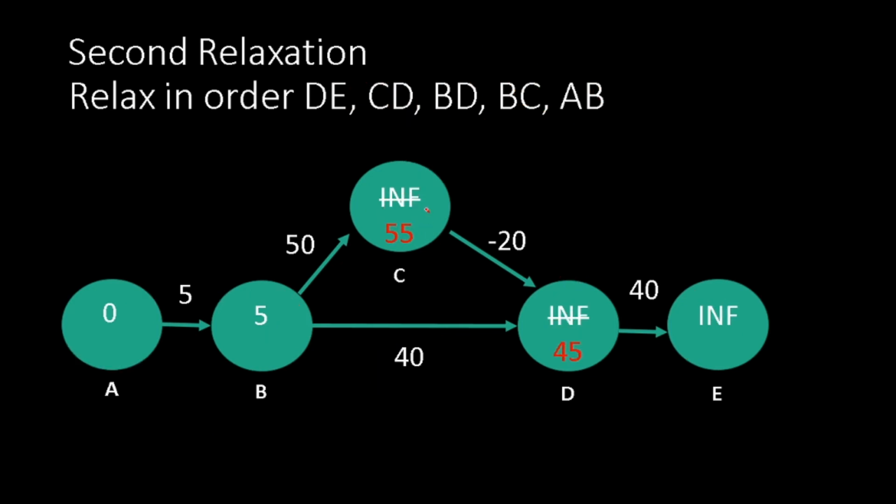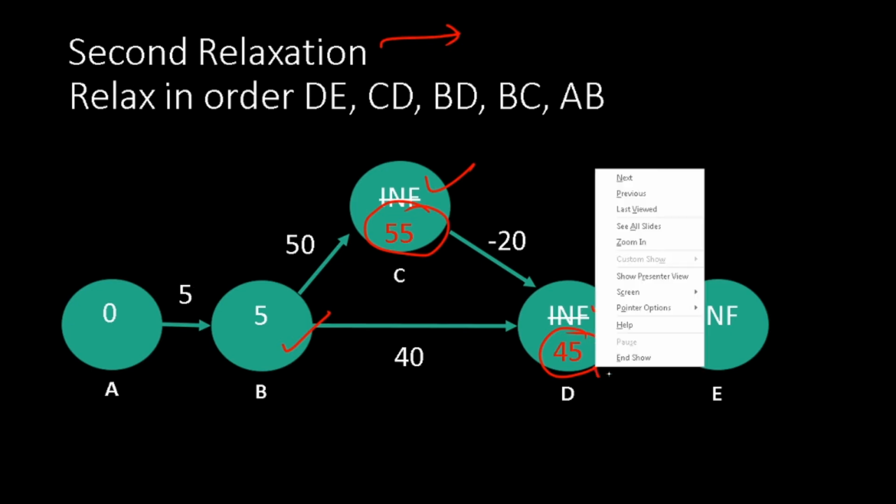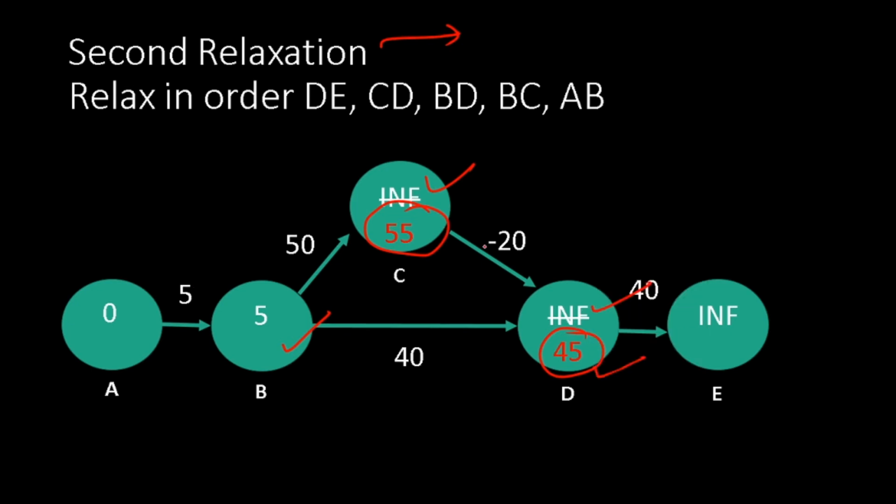See, two relaxations happened in this cycle. So by the second cycle, we have relaxed this and this already. Okay, now let's go for the third. What do you think will happen in the third cycle? In the third cycle, finally the relaxation in D will propagate to E. That's what will happen. Let's see. In fact, there is something more that will happen.